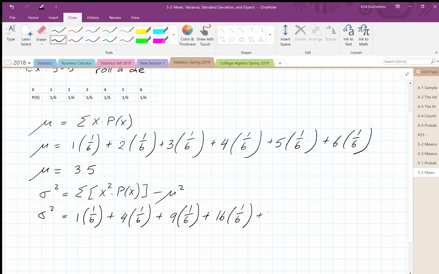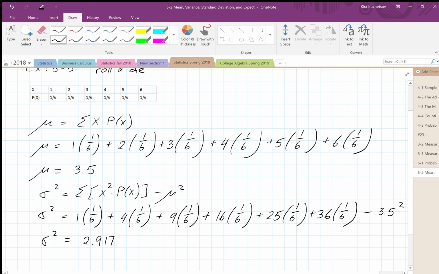The next one is 25. The last one is 6 squared, which is 36. And please do not forget to subtract the mu that you found in the previous example, squared. Very carefully putting all of this into your calculator should get you